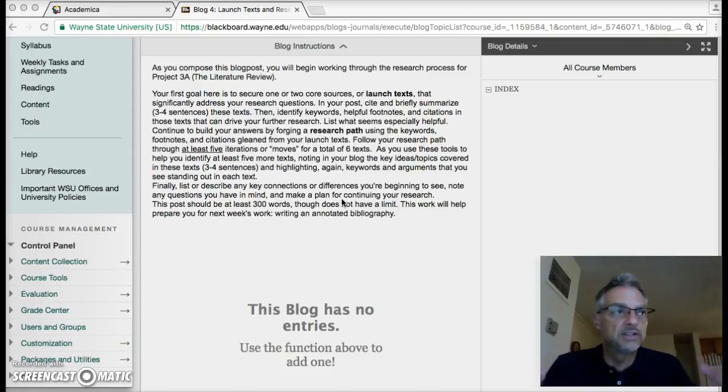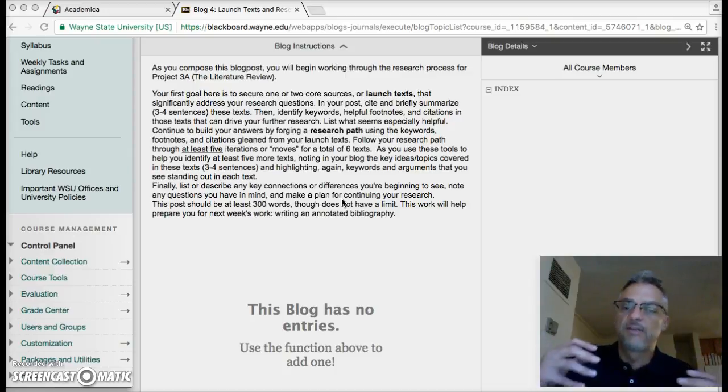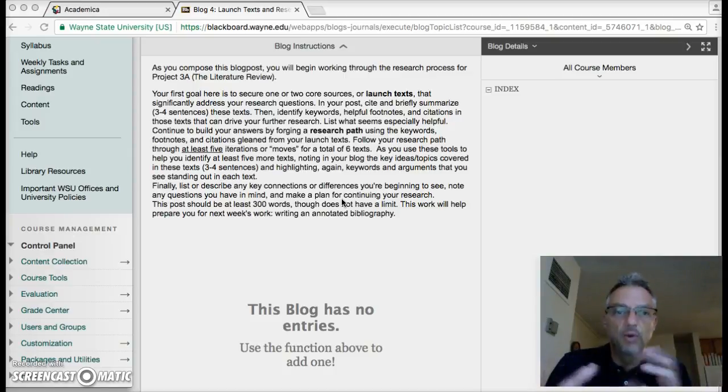The first 2, your launch texts, they are seminal texts. They really have to do with what you're talking about. The other texts are related because they are derivative from them, they've quoted them, right? They've got some key research, they have some key ideas or key concepts that make this whole thing come together. Okay, so you can loosely interpret this, but really what I'm looking for is a